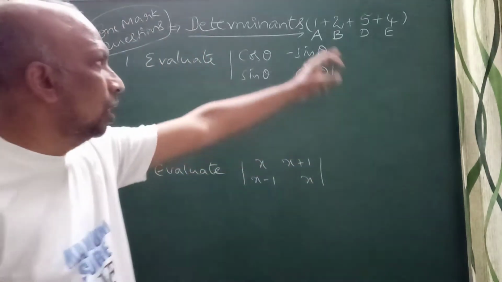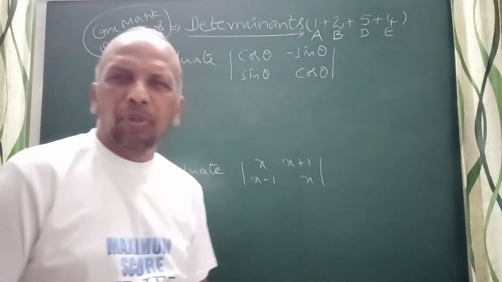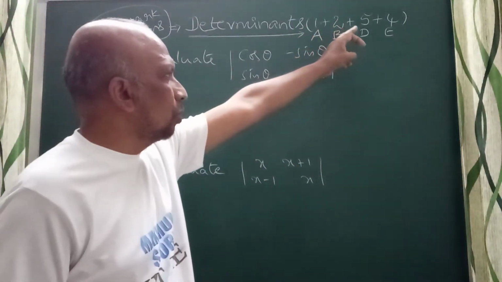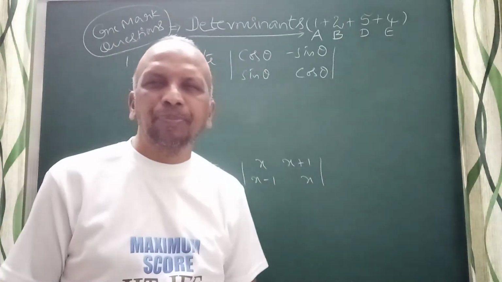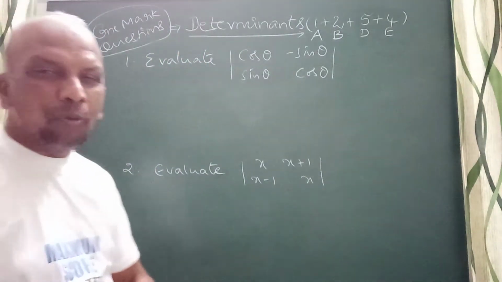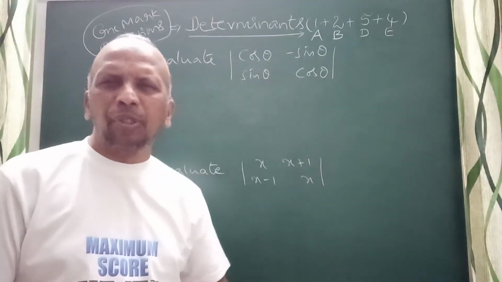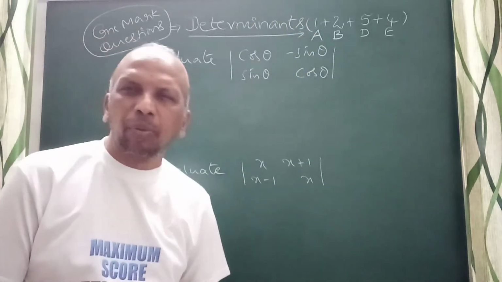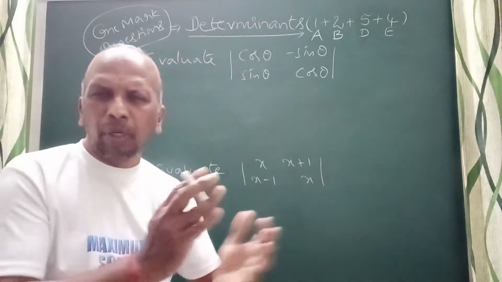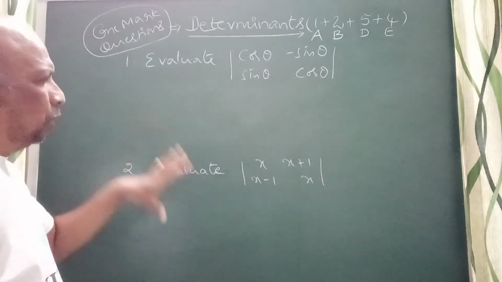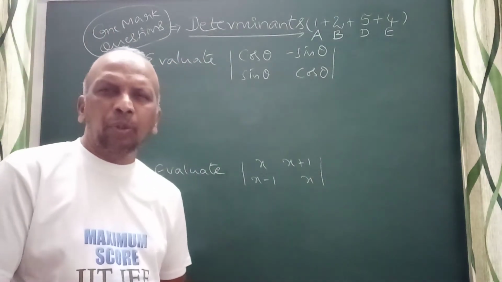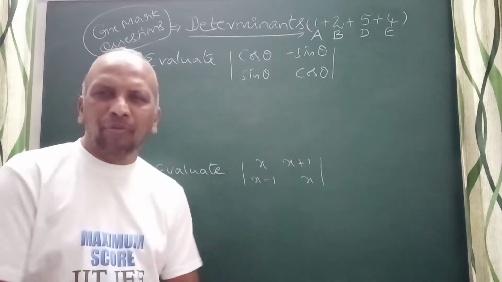The weightage is 1 plus 2 plus 5 plus 4. So 1 mark question, 2 marks 1 question, 5 marks and 4 marks: Part A, Part D, Part B, Part A. I'm going to explain all 1 mark questions. Around 20 questions if we solve, definitely we can cover the 1 mark questions. All possible questions I will try to solve here. Now, when you're following any video, go through the entire video, then you will get the benefit.